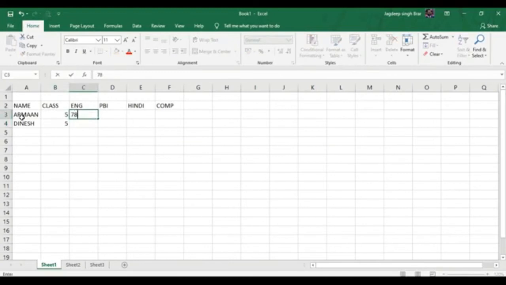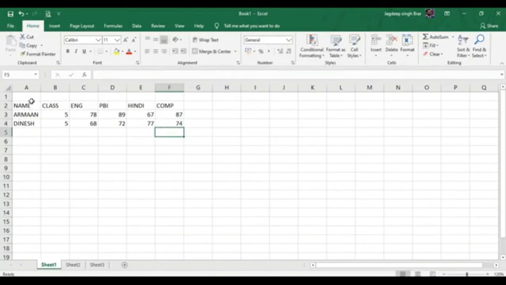Marks in English like 78, in Punjabi he got 89, in Hindi he got 67, in computer he got 87. Dinesh in English like 68, in Punjabi like 72, in Hindi like 77, in computer like 74.